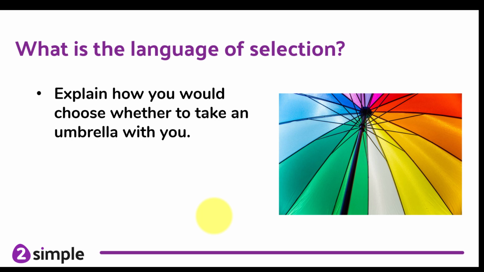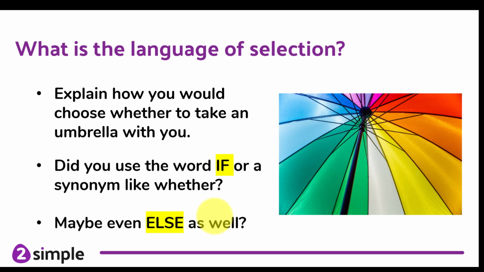So what kind of language do we use when we're choosing things in everyday life? I just want you to take a moment, pause the video if you want to, and have a think. How would you explain to somebody whether you choose to take an umbrella with you when you go out? I wonder if you used a word like if, or a synonym of it like whether. And you might have used an else as well. I'd say something like, if it's raining outside, then I'll take an umbrella with me, or else, or otherwise, I'm